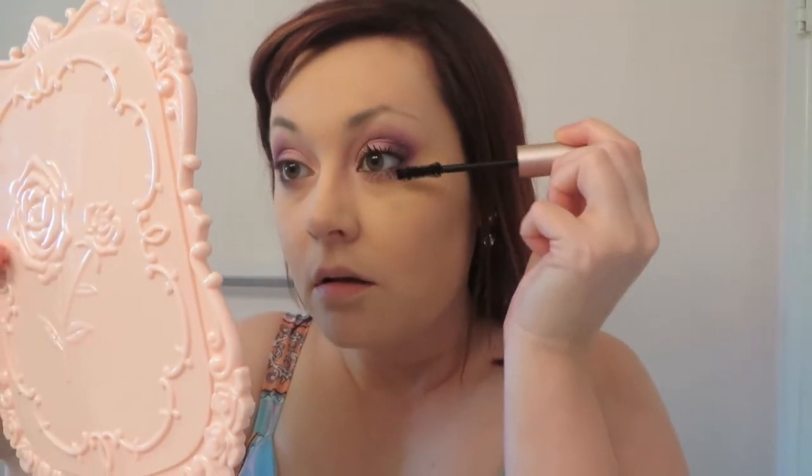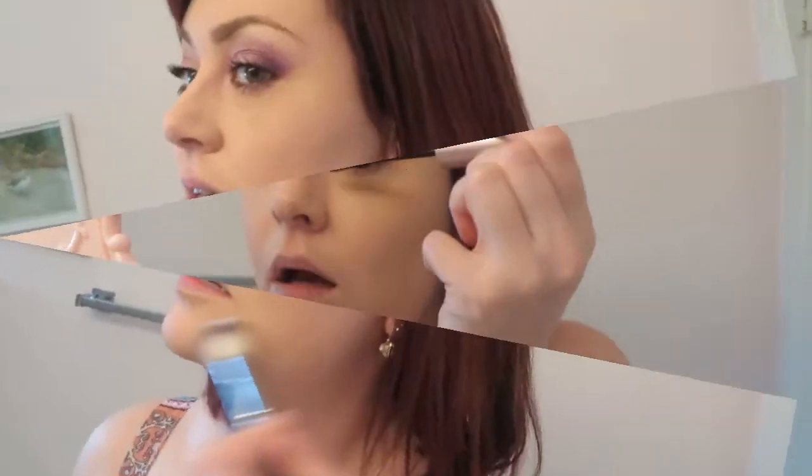Next, we're going to be taking the e.l.f. HD. And we're just going to pat this over the skin. No need to give yourself a full beat down. This will be just fine. Battle and Sex mascara. And just push those up. Any additional powder that we didn't really beat in. And then